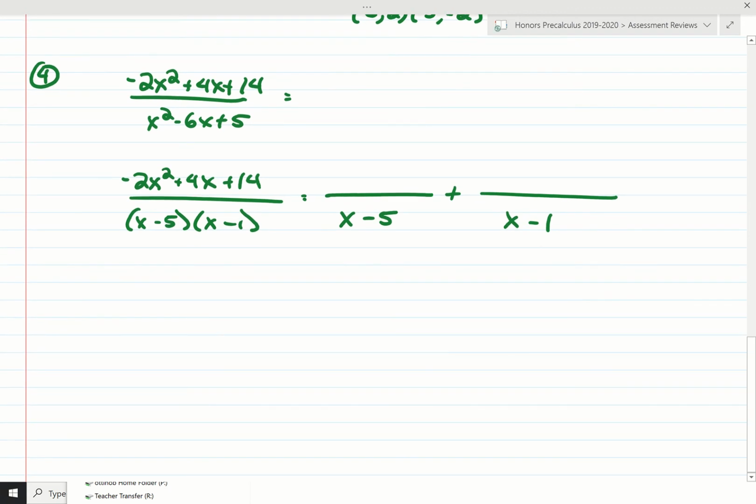And let's see what we get here. If we multiply everything by our LCD, which is x minus 5 times x minus 1,